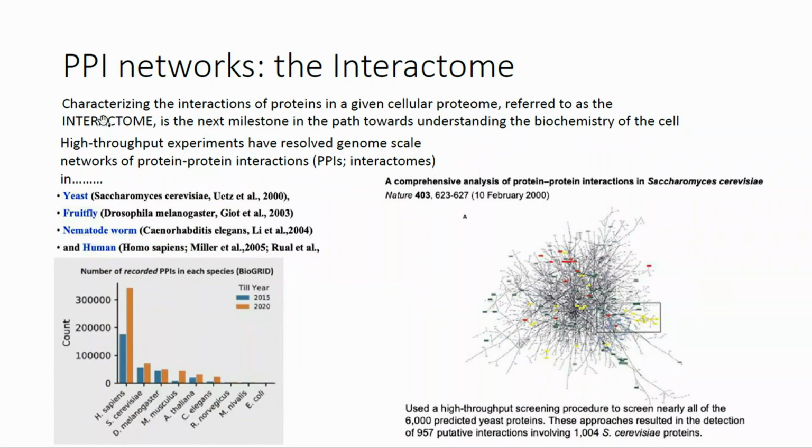Interactome means the connectivity of proteins inside a given species' proteome. Proteome means all of the proteins that one species can express. And interactome means their interaction patterns, which is a very good source of data that helps us understand the biochemistry of how cells function. By using the high throughput experiments we talked about previously, we already have some amount of information about these protein-protein interaction networks, even though we don't know precisely how the interaction happens, how strong the binding affinity is, and the precise structure of the bound complex.